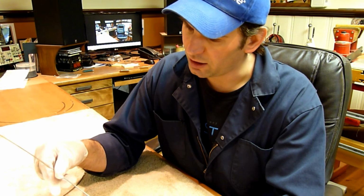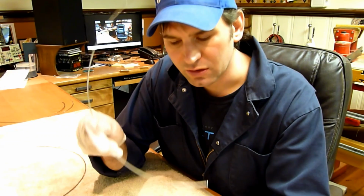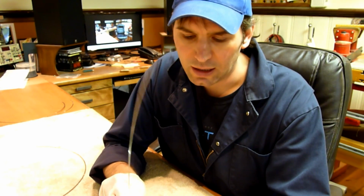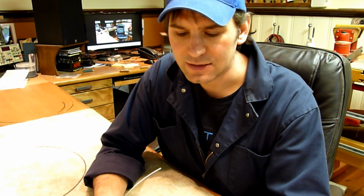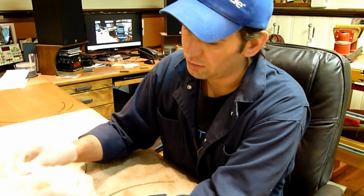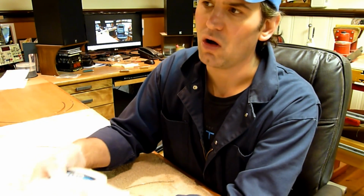Now, in order to prep this, we've got to clean it, because when this is manufactured, it's extruded, and the machinery that it goes through has oil. We want to get this squeaky clean so that when it goes into the fingerboard, it sticks. So what I'm going to use is some solvent and a paper towel. You can use lacquer thinner, you can use acetone. I'm using acetone. You can use the drugstore alcohol,